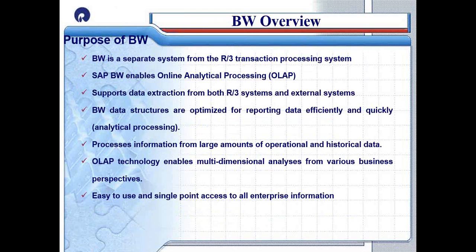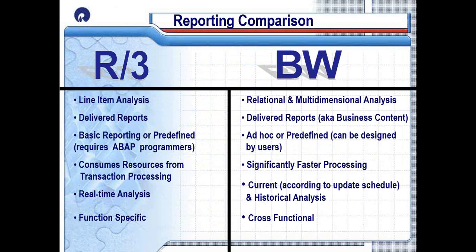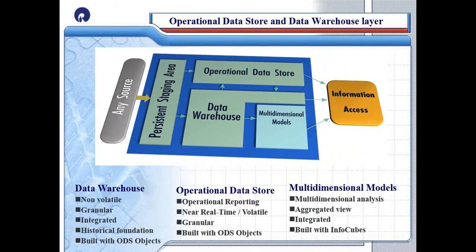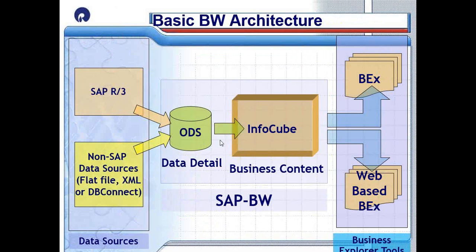And I have given some comparison of OLTP systems and BW systems. So this is the main architecture of a BW system. This is called modeling. By using different extraction methodologies, from SAP R3 or any SAP systems or non-SAP systems, you are loading the data into this BW system. Once the data is available,